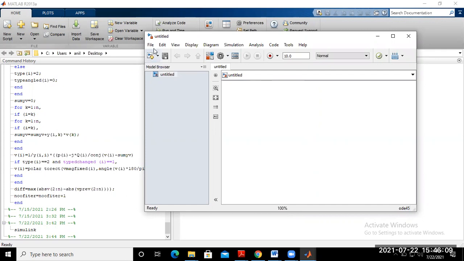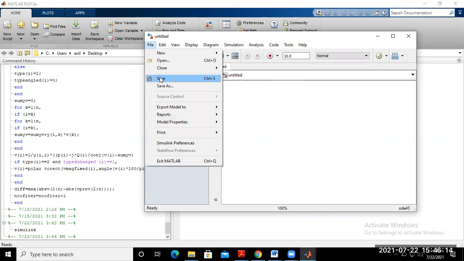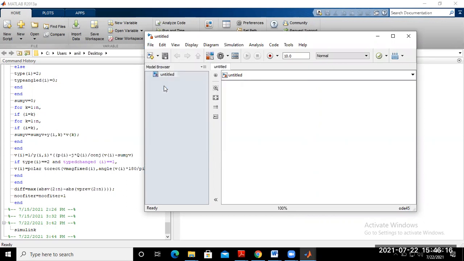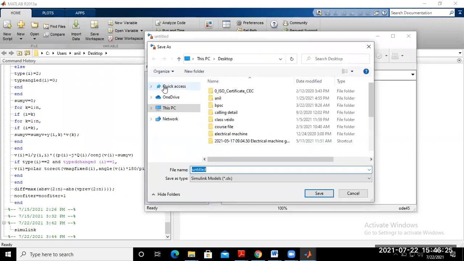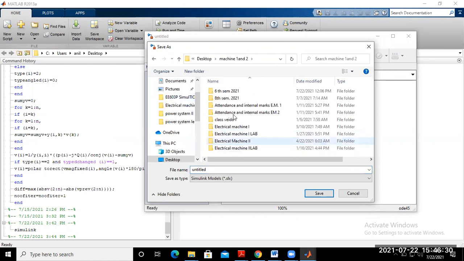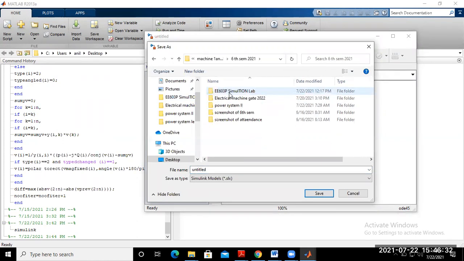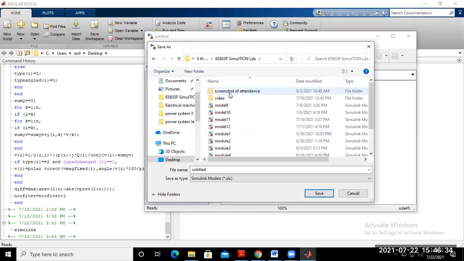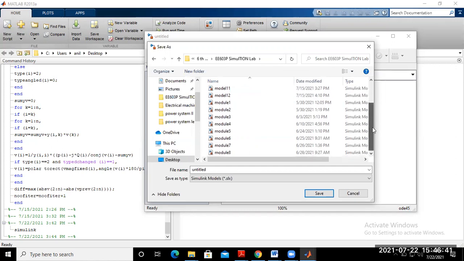Now I want to save this file. Save as, in any folder, with some name for this model. I want to save it in this folder of the simulation lab. So again go to the simulation model folder. I have practiced a lot of models in previous lab sessions.